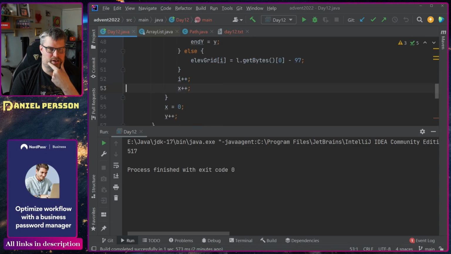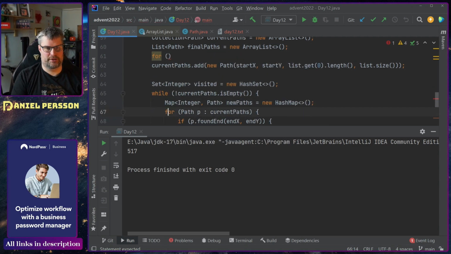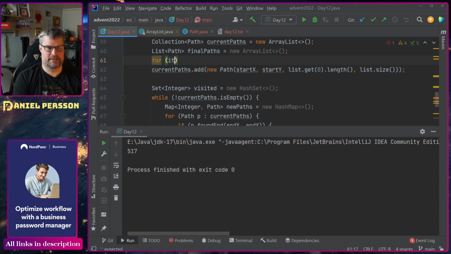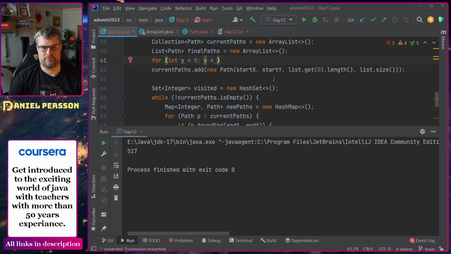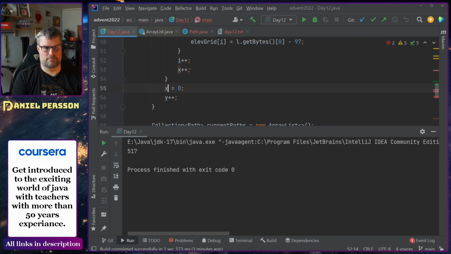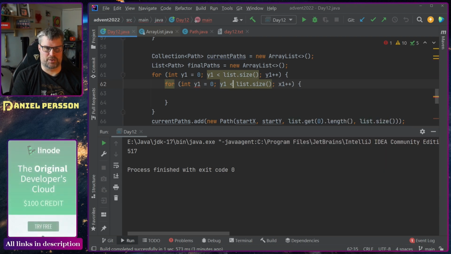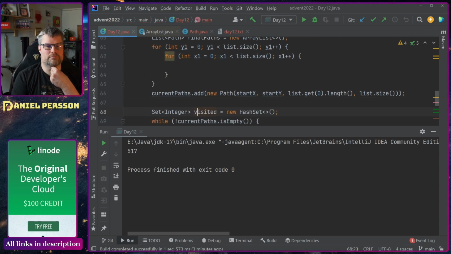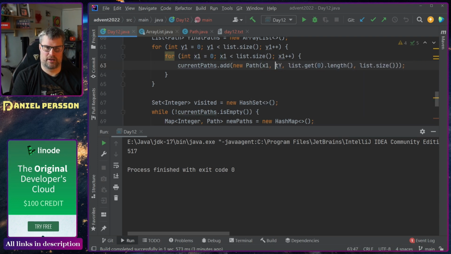So we have a start X and start Y here, but we actually want to go through the elevation list and add all of them. So we can do an int y less than the list size, y++, like that. Let's do y1 and x1. And then we will add paths here with x1, y1